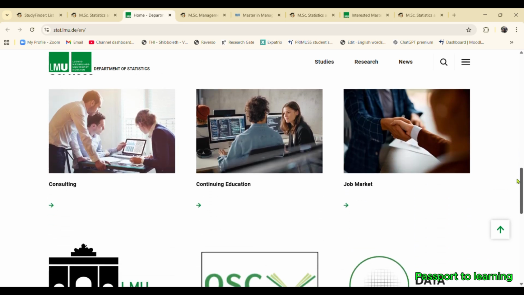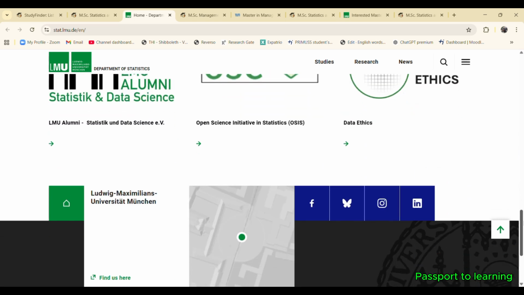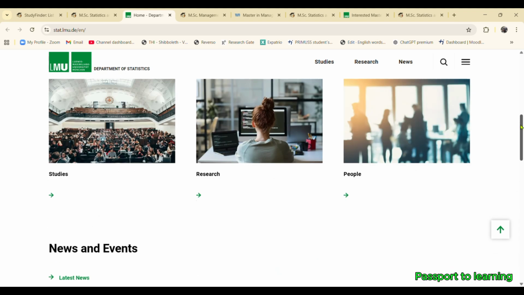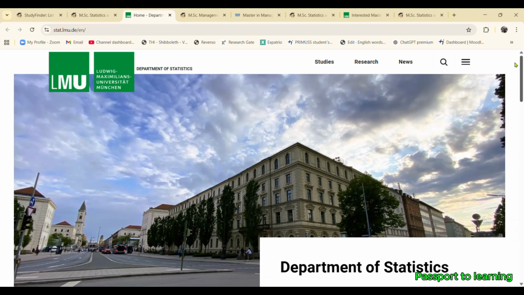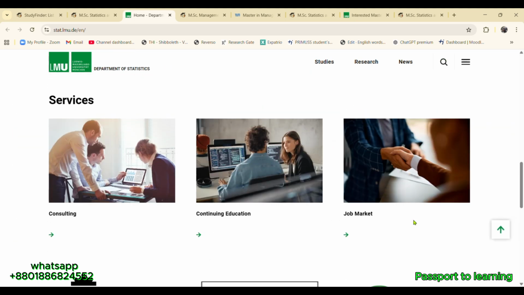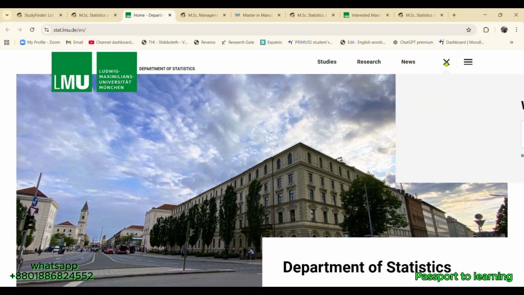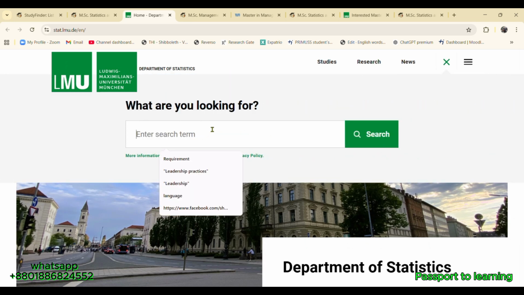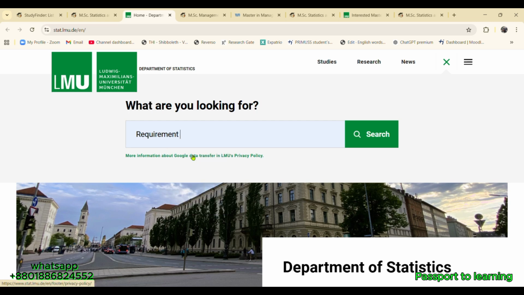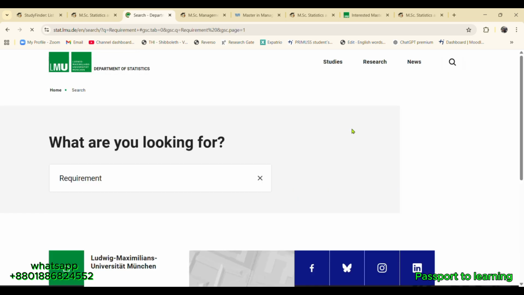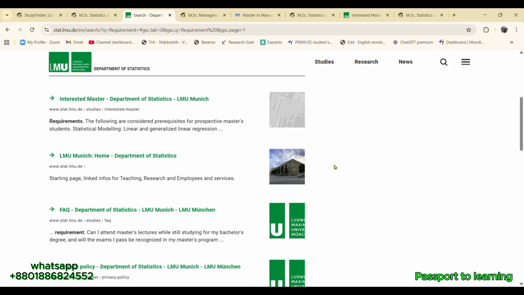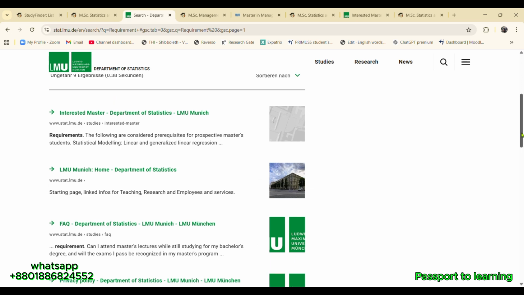Here is a lot of information. So our first thing is that we will check the requirements, and then we will know how to apply to these universities. So here there is no requirements option, but you will get the information from here also. So click the search button and here write down requirements and then search. So from here, if I show you the top